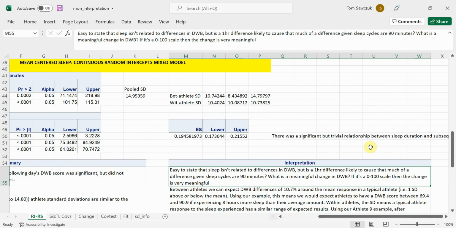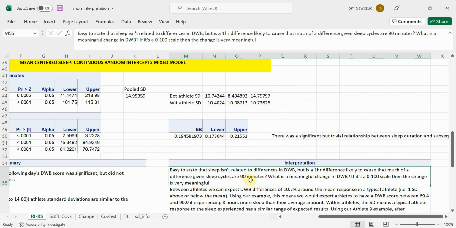Or even a 10 point scale means every unit is a 10% difference. So knowing more about what your outcome measure actually is and how big those differences actually are is helpful. But another thing we could look at is, is a 1 hour difference actually the right scale to use, given that